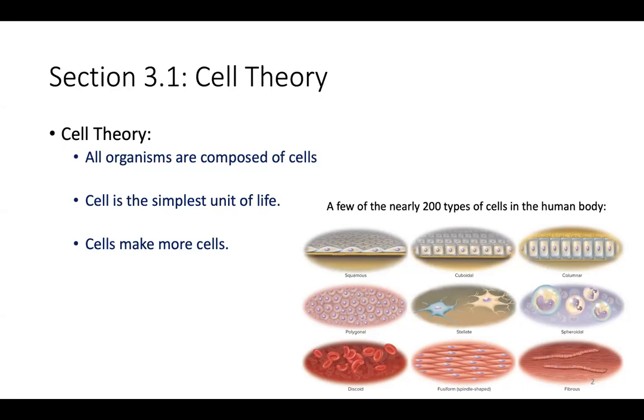You can see over here in this diagram on the right, there are nearly 200 types of cells in the human body. We're not going to learn each and every type of cell, so you don't have to learn all 200. But I did want to point out that the type of cell basically determines its function. Here in the middle, these are stellate or star-shaped cells. Those are nerve cells. They're shaped in a very specific way to allow for transmission of electricity, basically, which is how the nervous system works.